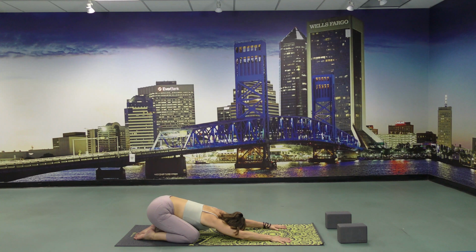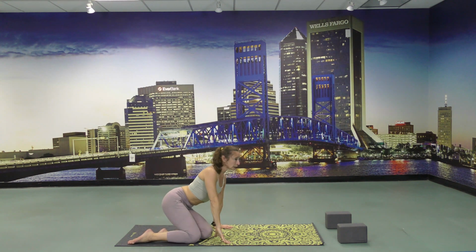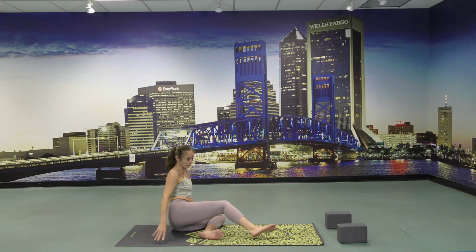Let your mind just watch the breath. Feel the calming effect, the cooling effect of this posture, how safe it is to be close to the ground. Slide your hand under the shoulder, lift the hip up, and just sit outside and bring the leg forward very